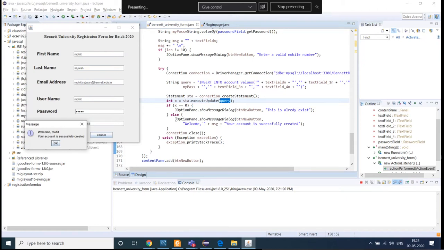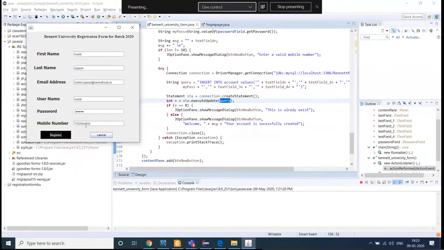I have already told you, if you want to create any dialog box, for that you need this JOptionPane class. It is calling a static method named showMessageDialog method, and over there you just want to show a welcome message. You can ask me, sir, how can it show me this name Mohit? As you can see over there, this string message is holding this text field n, and text field 1 is my first field. So it is taking this text field n variable.